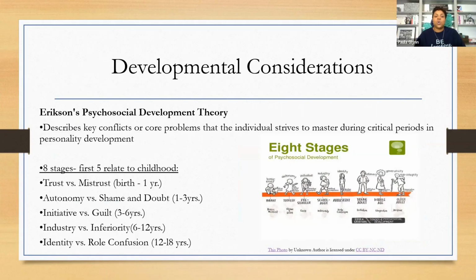So, developmental considerations. When we're looking at growth and developmental theories, how does it relate to our population? Erikson's developmental theory: understanding what the first 5 stages are as they relate to childhood. Young adult, middle age, and older adult are obviously not related to pediatrics, but understand what is involved in the trust versus mistrust stage, your toddler stage, preschool, and school age. Having a good understanding of those concepts and how they relate to caring for your child and nursing interventions along the way.